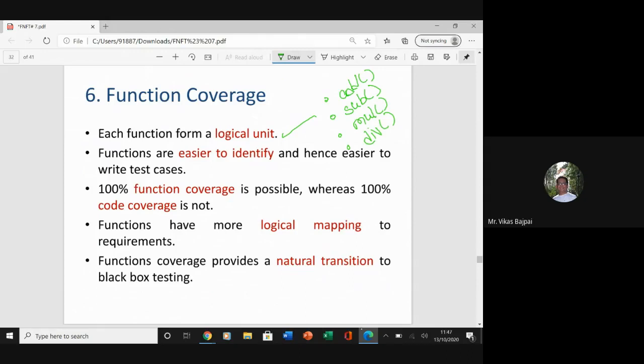It becomes very easy to identify the functions, and hence very easy to write the test cases for the functions. See, for any piece of code, I need to have tons of lines, and let's say I have 1 lakh lines of code.